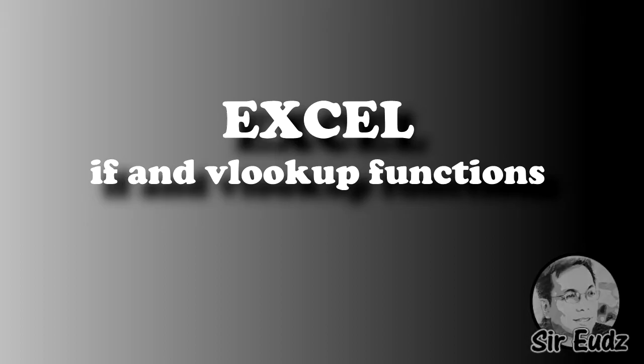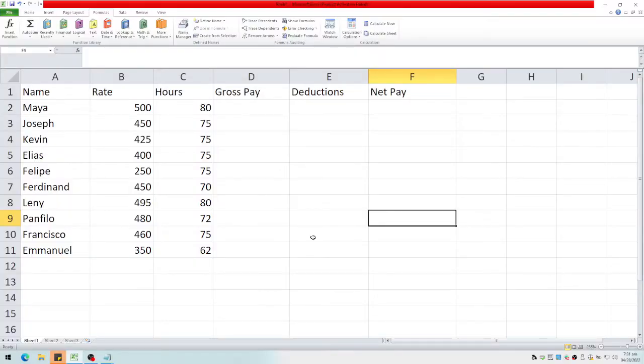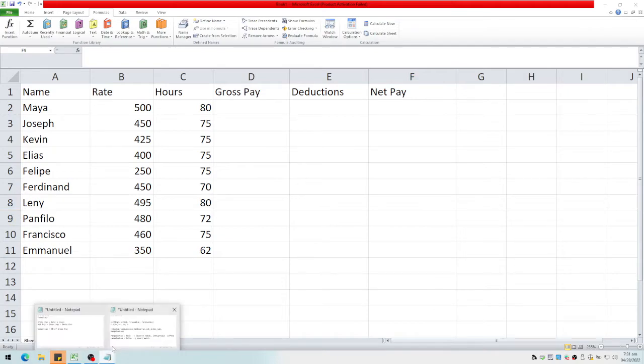Okay, for this video, we'll be demonstrating the use of the IF function and the VLOOKUP function. To illustrate this, here is a list wherein we have the following columns. We have the name of the employees, for example, the rate per hour, the number of hours worked, and then we have gross pay, deductions, and net pay. So let's say initially,